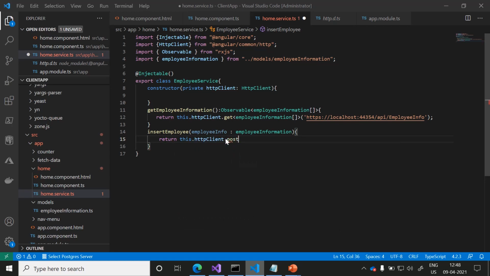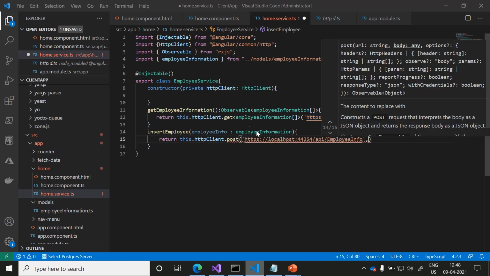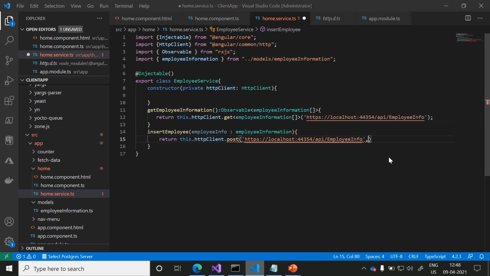this HTTP client and post call, same base URI, comma, as we discussed in the previous video, we need to pass the employee information as well.